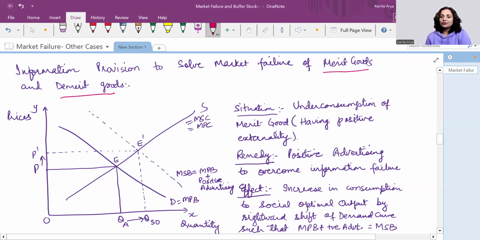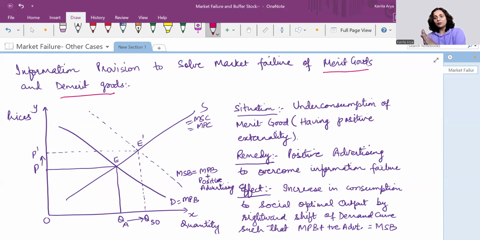So, merit goods are those goods which carry a positive externality of consumption. It means if it is consumed by one, the third party gets a positive impact. The best possible examples are health and education. If a person is healthy, it's not merely a boon for him. He's going to get good income, good health, good productivity, but that leads to the betterment of the nation also. The nation also gets better output, better GDP.